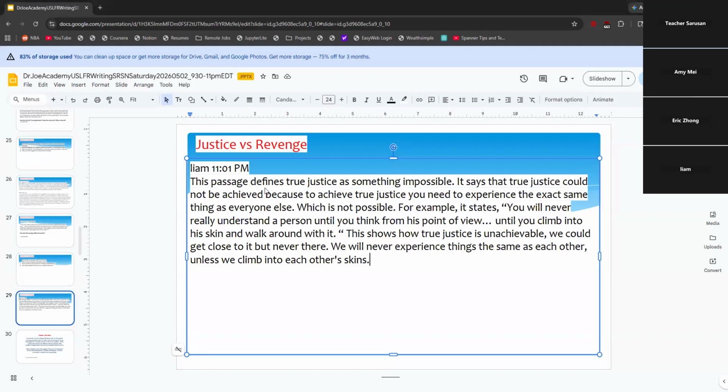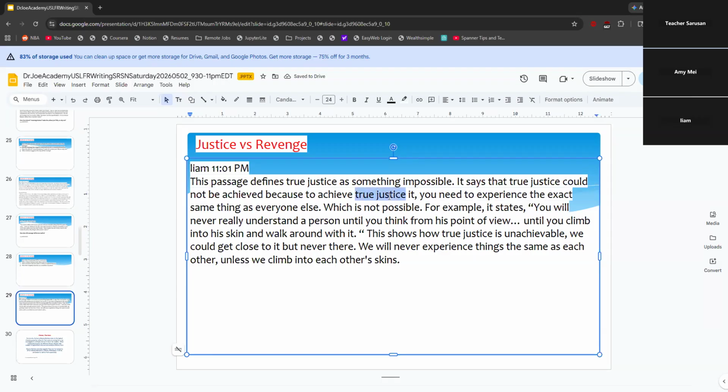All right. Very well said. So it's an interesting take to go with here. So the passage defines true justice as something that is impossible. It says that true justice could not be achieved because to achieve true justice, so this is kind of what I meant last time when I said that you can replace things with a pronoun. So you say true justice and you say true justice again. You can just replace this one with the word it. So it says that true justice could not be achieved because to achieve it,